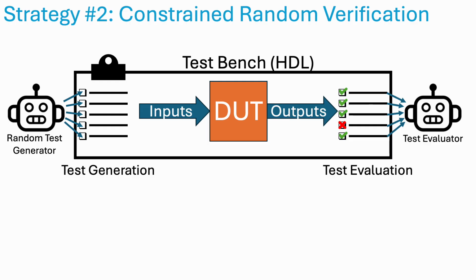Alternatively, you could implement a known correct software model of the design under test and compare against that. But sometimes that's not always possible. So the big benefit to this strategy is it scales well to big designs. You could imagine the programs can generate tons and tons of tests in a way that needs very little human supervision. In that way, you can get big coverage, but unfortunately, it's largely surface